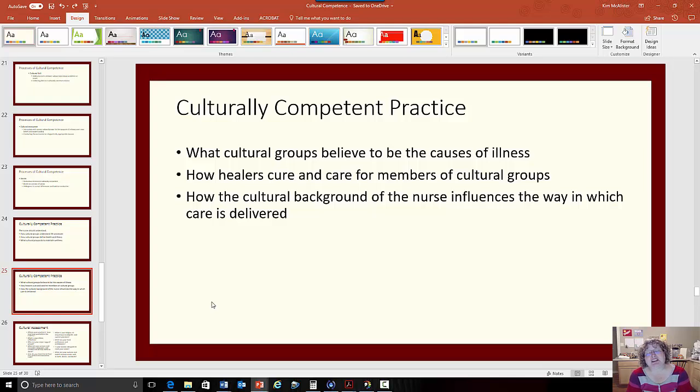What do cultural groups believe to be the cause of illness? They may have different perspectives on what caused the illness. If you look at Chinese medicine, there are a vast number of humors and other factors that play into wellness for the patient. And so they may tell you, I need to have a specific healer come in and do a particular